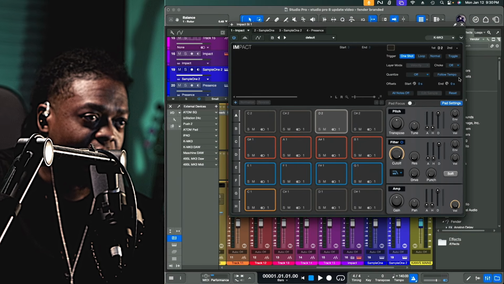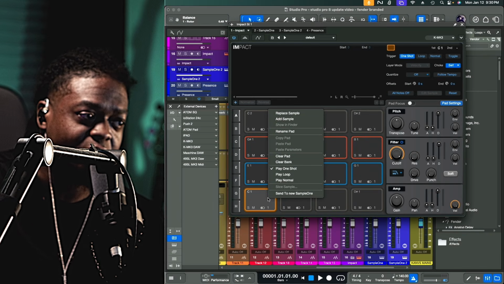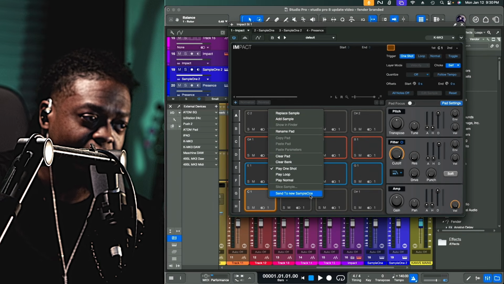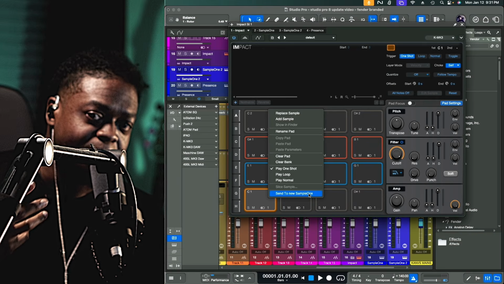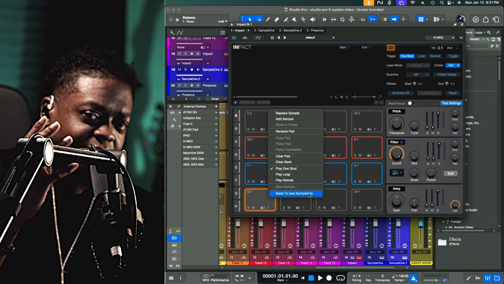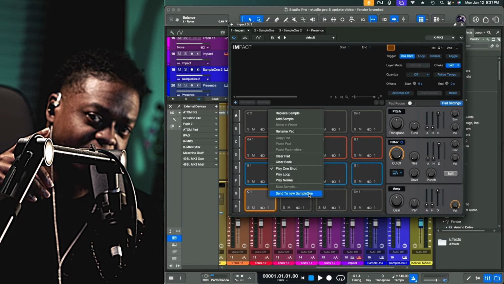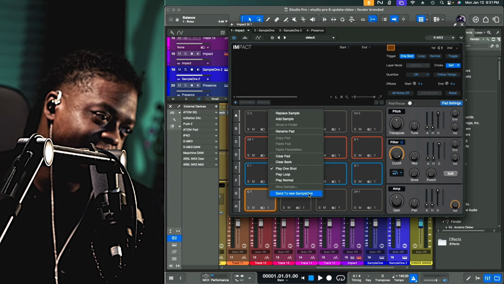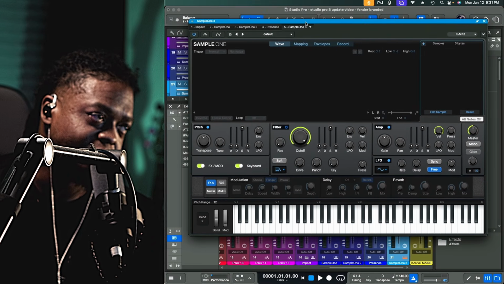Anyway, for the most part, everything is the same, but this feature right here is kind of cool, because now there is a right click option that allows you to send to Sample One. So for those of you that use hi-hats or bass, if there's a bass sample here, oftentimes we want the ability to change the pitch of those. Well, there's a quick option here. You can just send it straight to Studio One